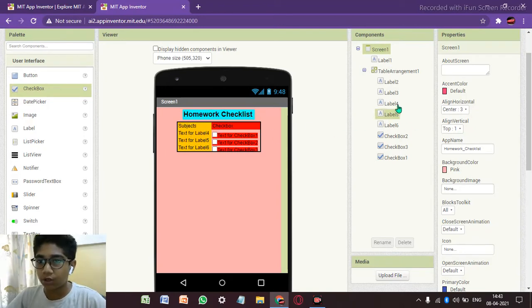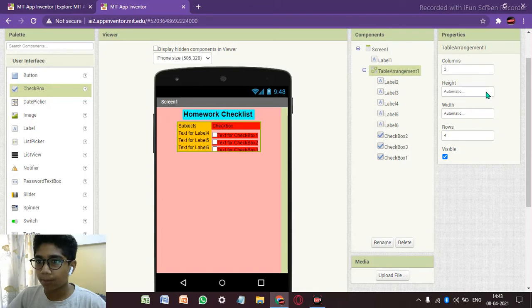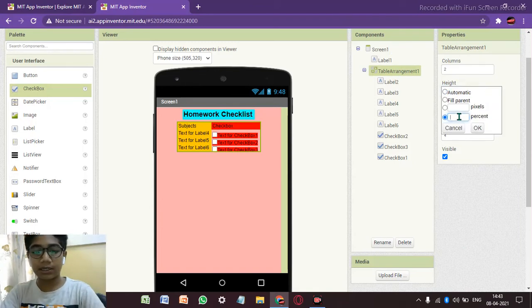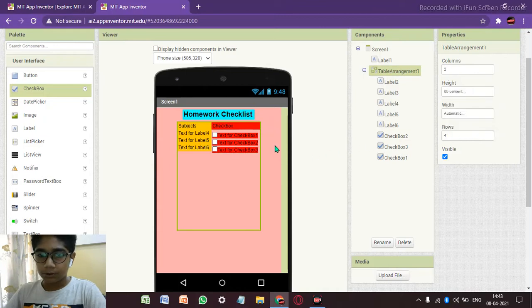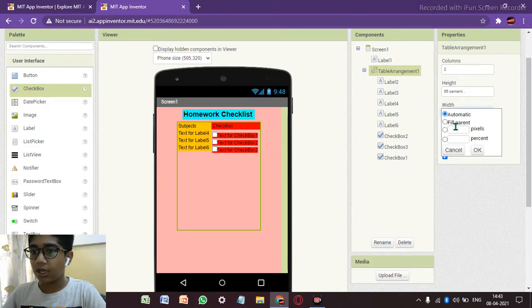First of all, let's go to table arrangement properties. Height, let's make it 65%. This is fine. And width as fill parent. Fill parent makes the thing full. So just click on fill parent.